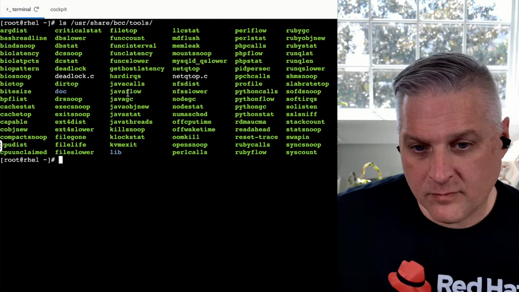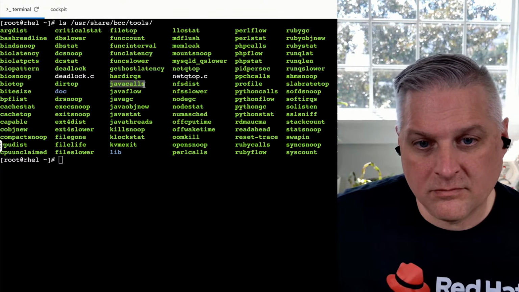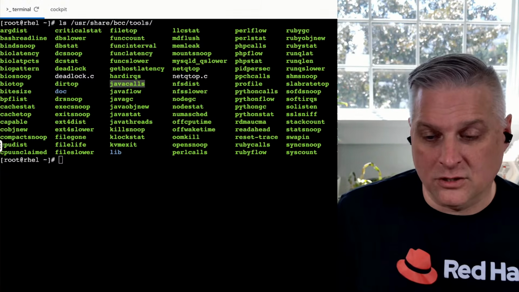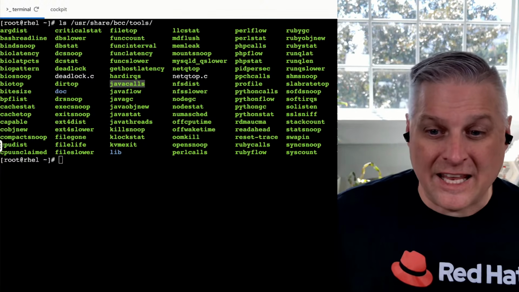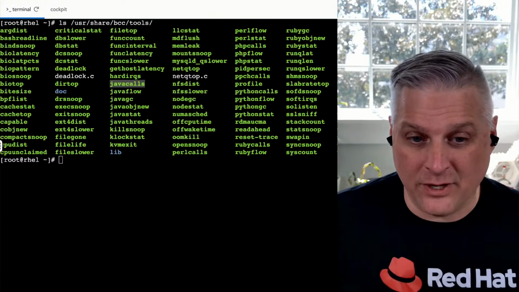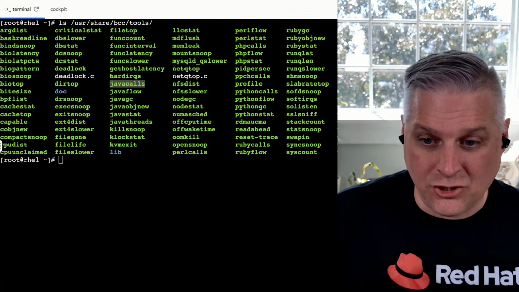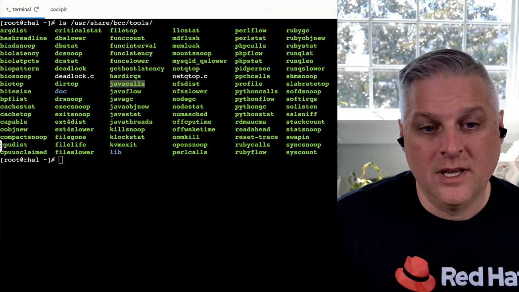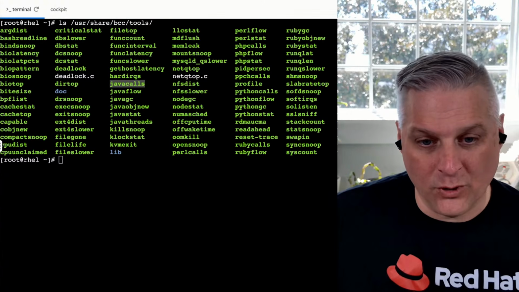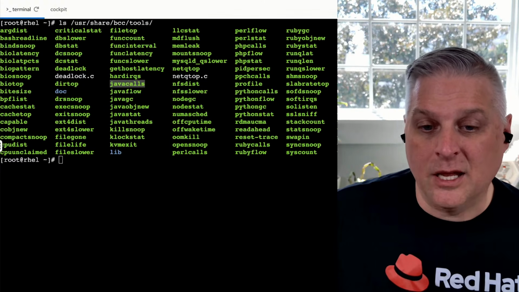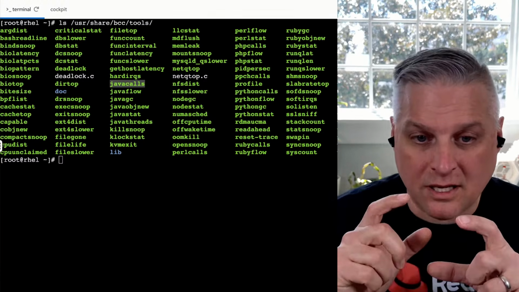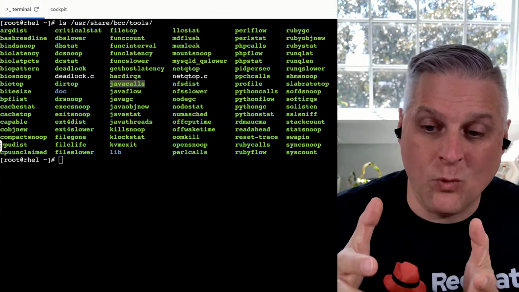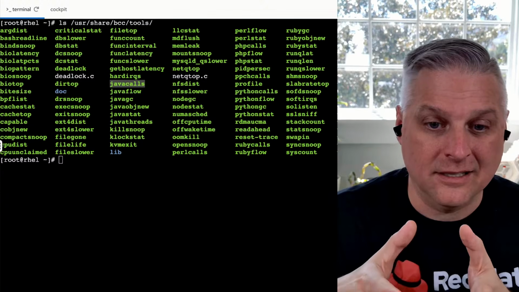Specifically, Java calls. So you could use Java calls to wrap a Java application, and it gives you the same kind of information as an strace, but it's actually showing you the Java application calls that are being made during the running of this Java application. There's also ones for Perl and Python and Ruby and PHP. So you can do profiling of your language-specific runtime applications, and it'll give you more specificity on what that language